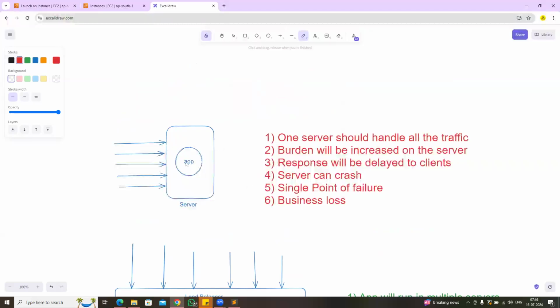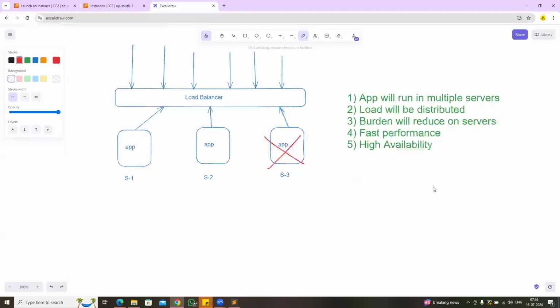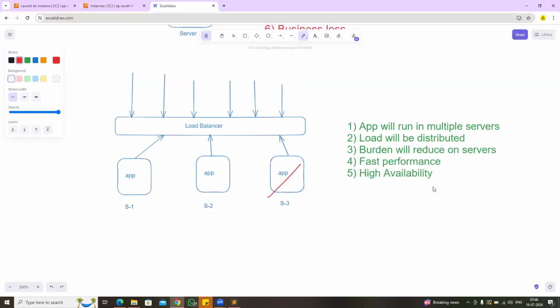If you keep only one server and that server fails, then the application is not available. There is no other server to handle the request. The application will be down, business loss will happen, and customers will have a bad experience with our website. So to overcome all these challenges in real time, companies set up the application